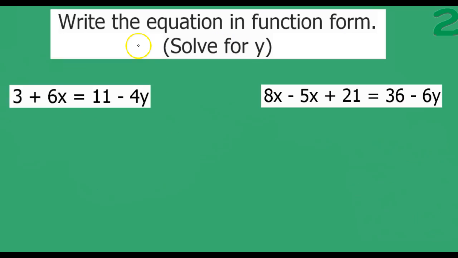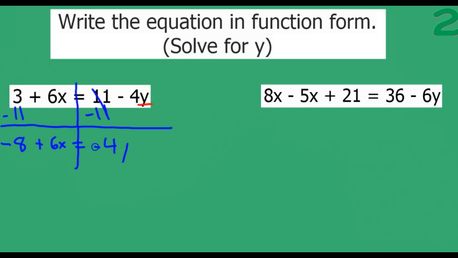Alright, next, we still need to solve for y. So I see my y is right here. All I need to do is move this 11 to the other side. So what I'm going to do then is, since this is positive 11, I'm going to subtract 11. Now, if I look over on this side, I have a 6x and a 3. What I'm going to do is I'm going to subtract it from its like term. So 11 minus 11, that doesn't have a variable on it, neither does the 3. So I'm going to subtract that from 3. So what we get then is 3 minus 11, which is negative 8, plus 6x